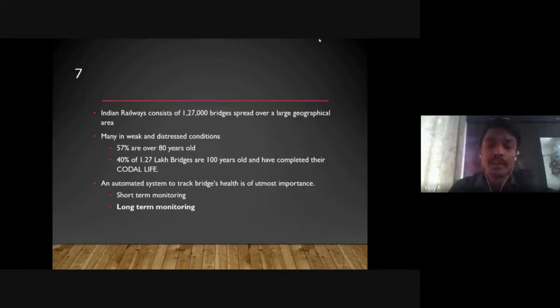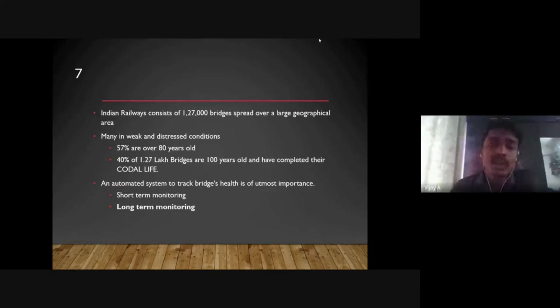structural health monitoring. In structural health monitoring, we'll be using various types of sensors to understand whether the bridge is undergoing additional load beyond its actual design load, whether the bridge structure is facing any corrosion, any scour effects, or what flood levels the particular bridge is facing. So based upon the sensors, we will be monitoring the long-term bridge maintenance.